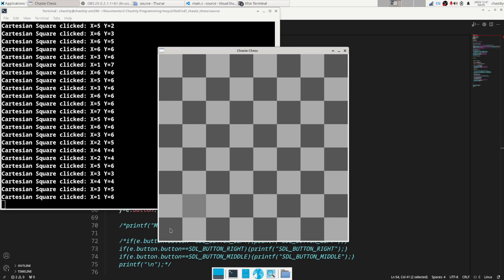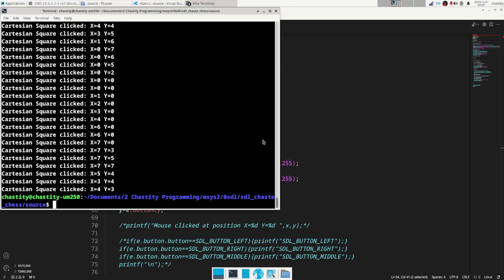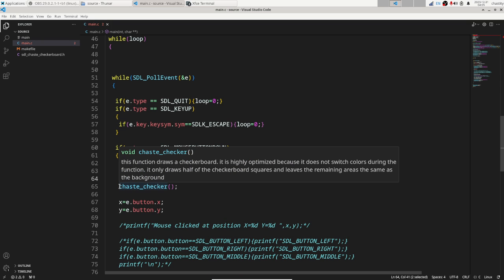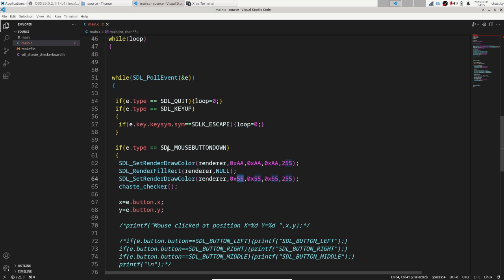And now that we have it correctly selected, we don't necessarily have to have it say the Cartesian square clicked. We don't need to have it display that every single time. So we can remove that. But before I do that, what happens if this function draws a checkerboard? It is highly optimized because it does not switch colors during the function. It only draws half the checkerboard squares and leaves the remaining areas the same as the background. So it just uses the current draw color. And then, for example,